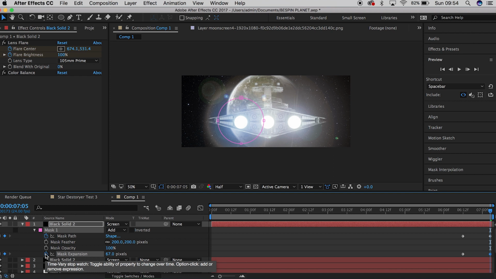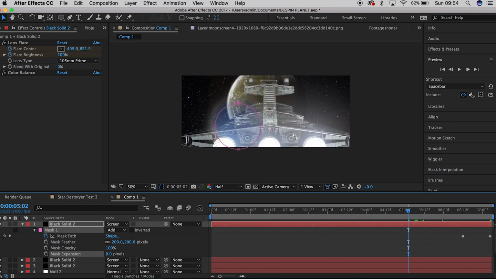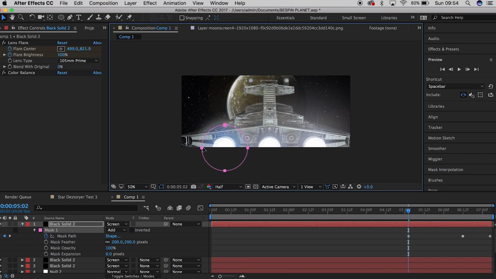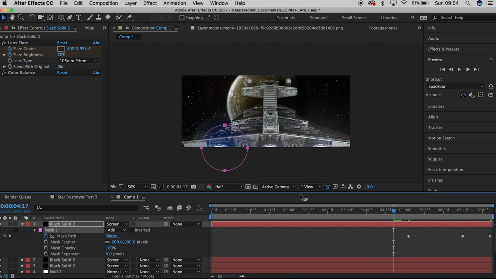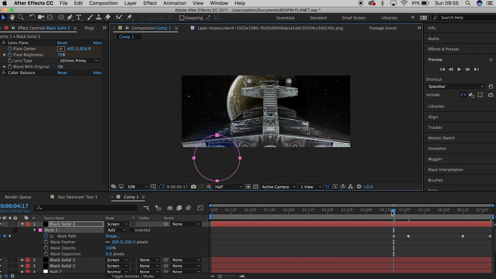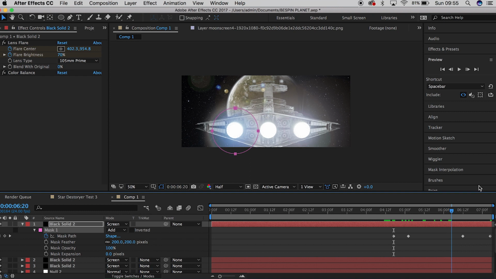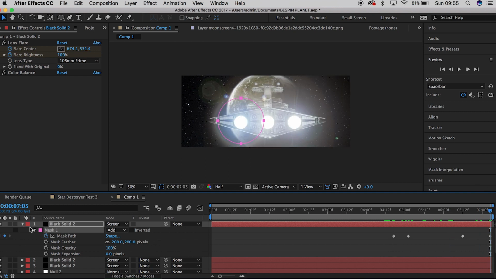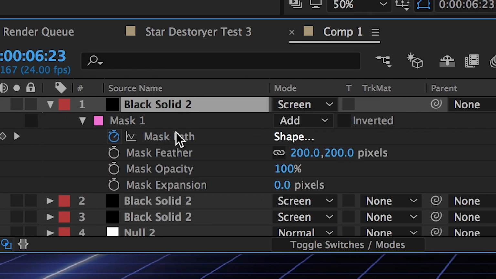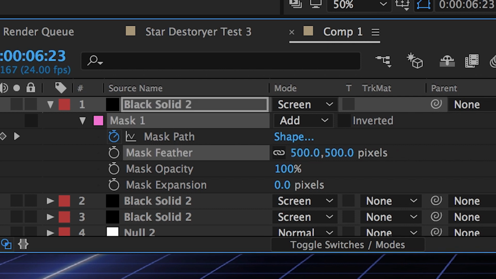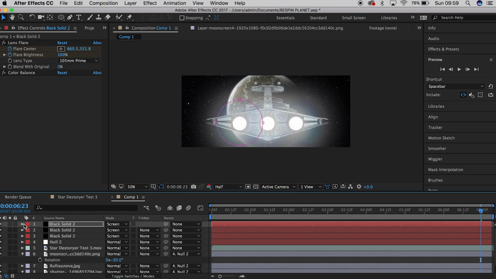And I'm just playing around with some settings, making sure that I've got the best results for what I want personally, because at the end of the day, it's your shot, guys. You just create what you want to create. It's your media at the end of the day. So just have fun with it, don't take it too seriously, just use these shots to play around with your visual effects techniques. So I got somewhere where I was quite happy, and I duplicated this across the rest of the